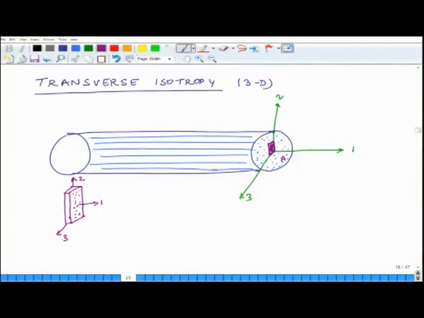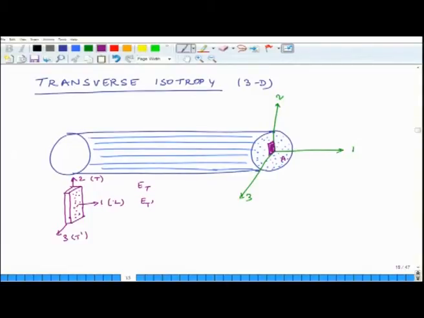Now, if I test it, what is 1 axis? It is the longitudinal axis, the direction of the fiber, right. What is 2 axis? Let us say it is the transverse axis, and 3 axis is transverse prime. If I want to find Et and Et prime, just by looking at the structure, we will see that Et and Et prime will be the same.